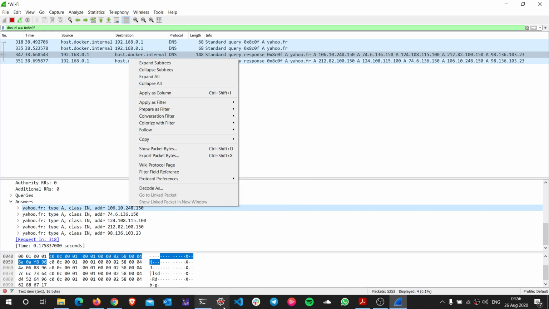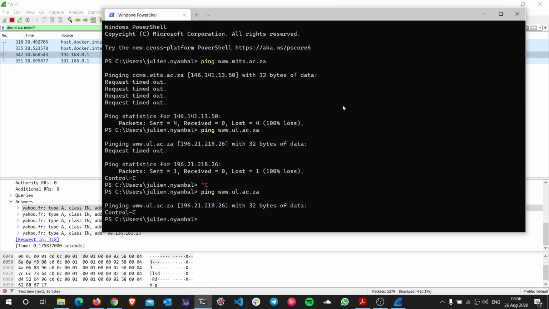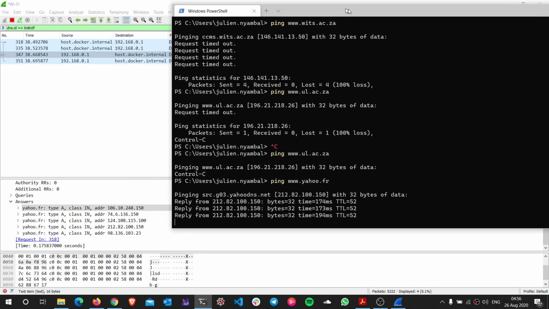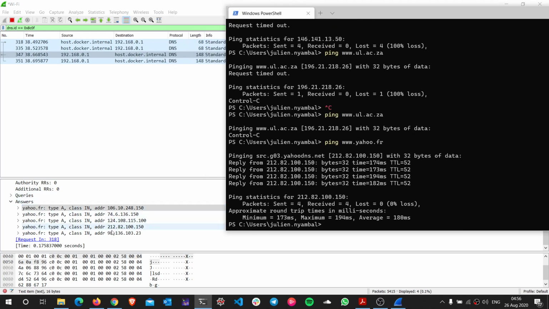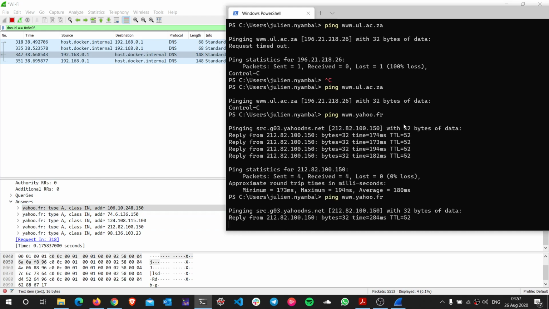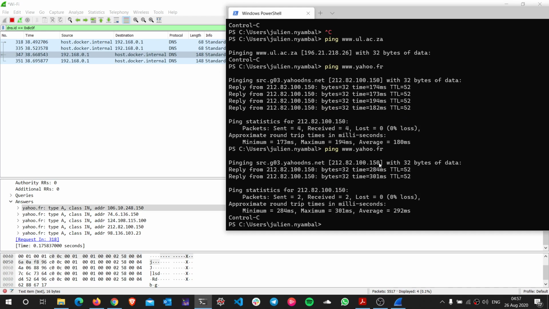So if I come here and say ping www.yahoo.fr, I get 212. I have exactly that. You see that? Same thing. It decided to go for that particular server. Let's try another time. Okay, that's the closest server to me. That's basically the closest one. And if I do an IP lookup,